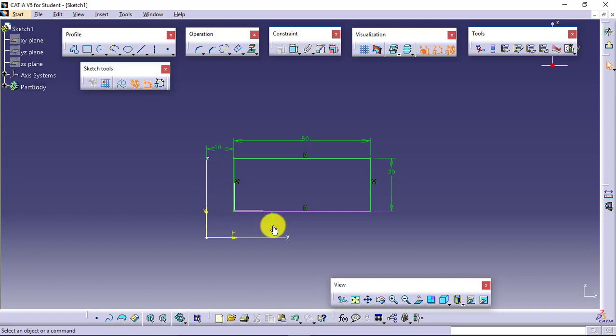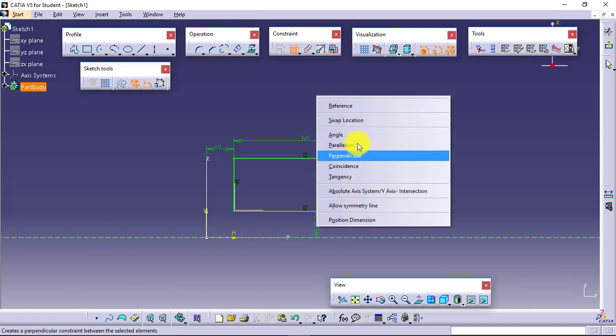But suppose between these two, I'll just delete this. What I want is, I want this horizontal line to be coincided on this. Then again, for that also I will go for constraints between 1 and 2. I'll select these two elements, but this time I will not place this dimensional constraint. What I will be doing, I will right click, then it will give me the other options. Angle I can apply between these two, parallelism I can give, perpendicularity I can give, coincidence I can give, and tangency I can give. So in this case I have to apply the coincidence.